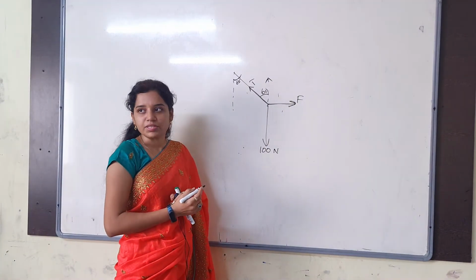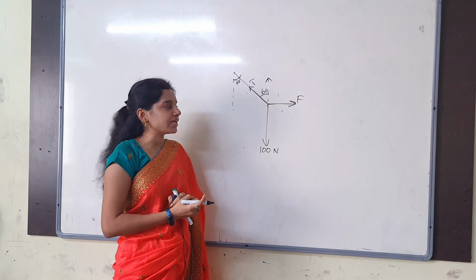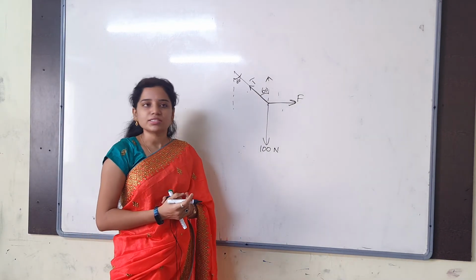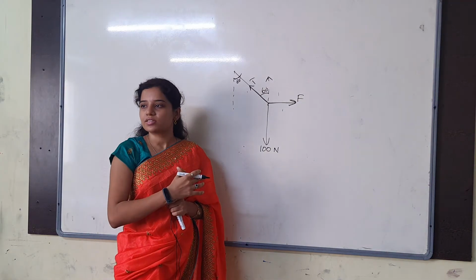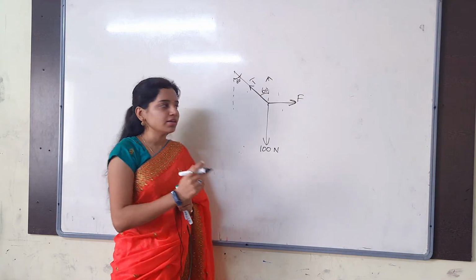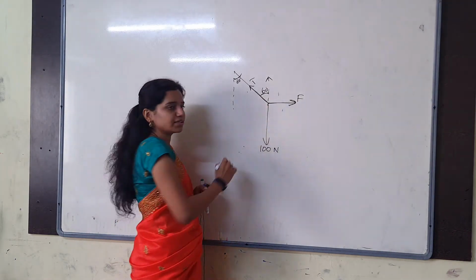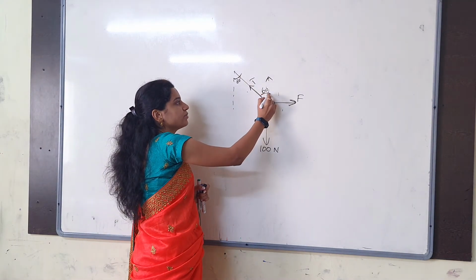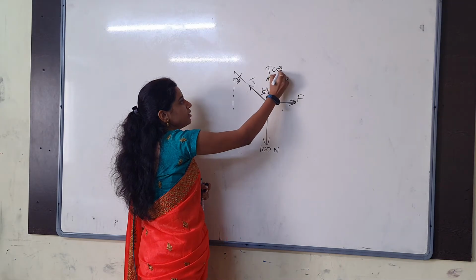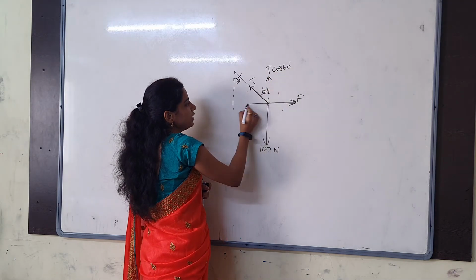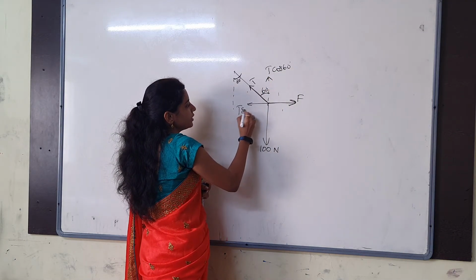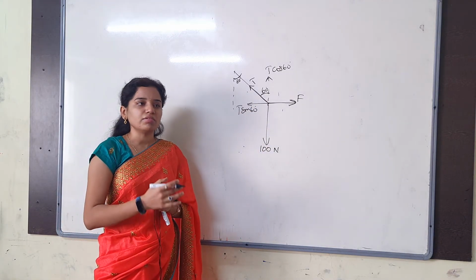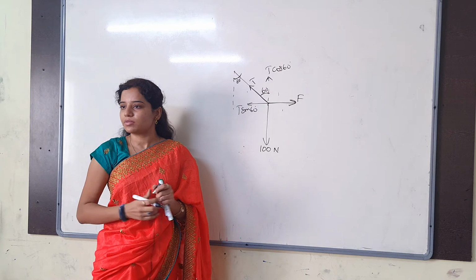Tension component, tell me that. T cos 60 and T sin 60? Don't consider that always vertical means sin, always horizontal means cos. For whichever angle is adjacent, that is cos. T here, and the adjacent angle is how much? 60, so this will be T cos 60. The opposite one will be T sin 60. You understand clearly? There is no rule that always horizontal means cos, always vertical means sin.